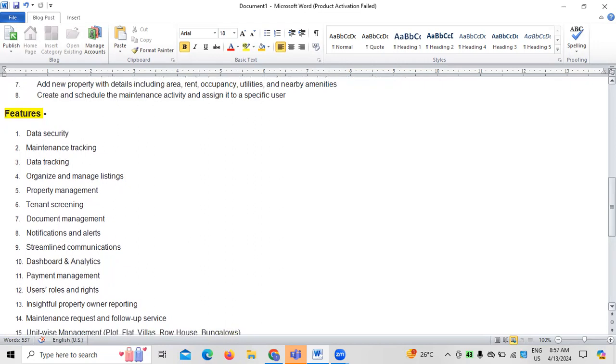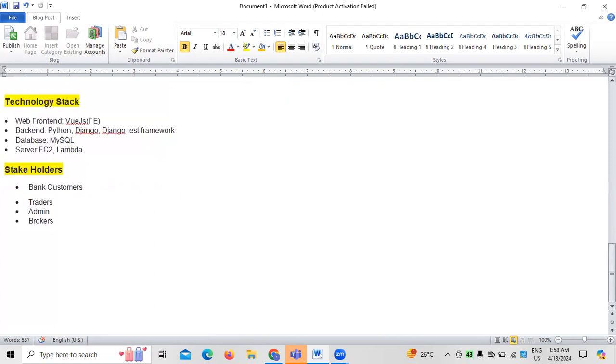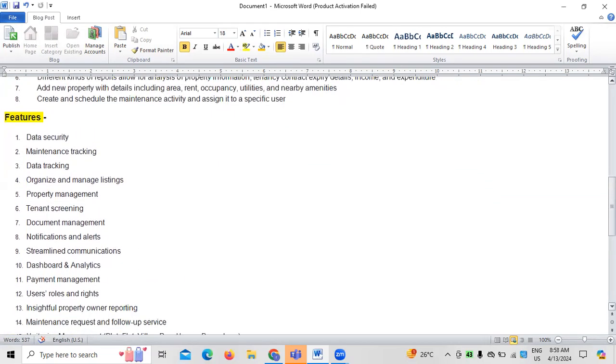When it comes to the features of a product, what are we going to develop in the context of the bond market and broker facilitation? So these are all the features and services which we are going to provide in this product. Next, once we have identified the solution and features, what kind of technology are we going to use and what kind of stakeholders do we have? This is something which normally we have to identify.